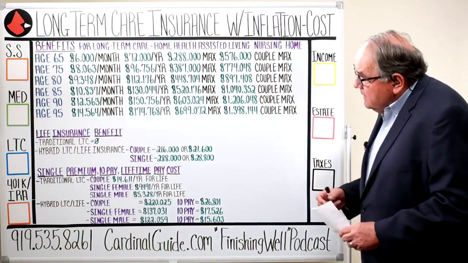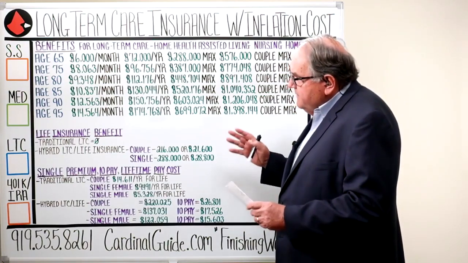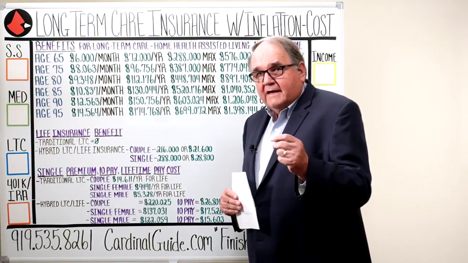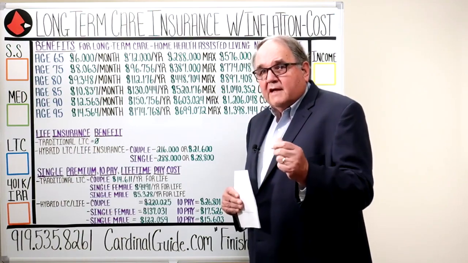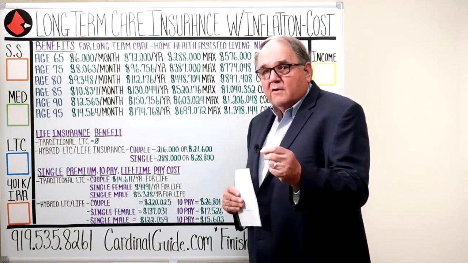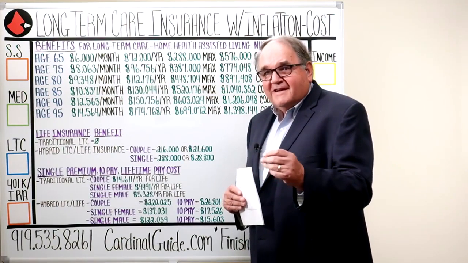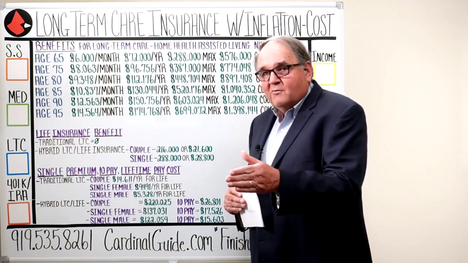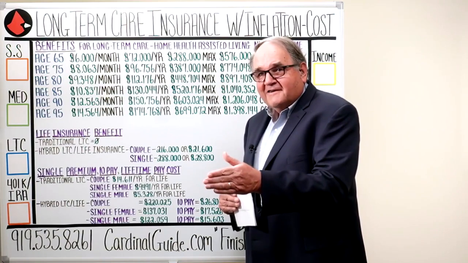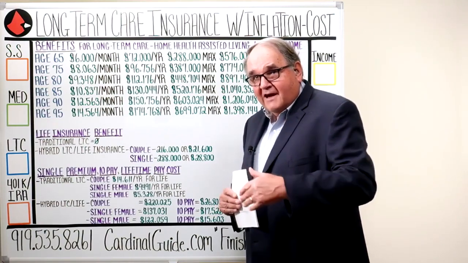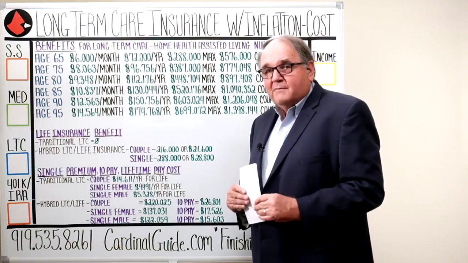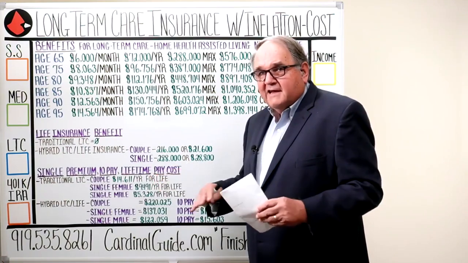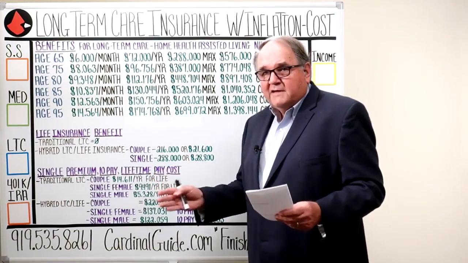Now, what we want to think about is if this happens to you, if you have a stroke and you're compromised and you go to an assisted living or a skilled nursing home next door to the hospital for 2 weeks or 3 weeks, and then you go home, but you can't go home by yourself and you need care. If this happens to you, and the care is going to be stretched out over a long period of time, you're going to need to reallocate all your financial planning. It's going to have an effect on every financial decision that you've made to this point.